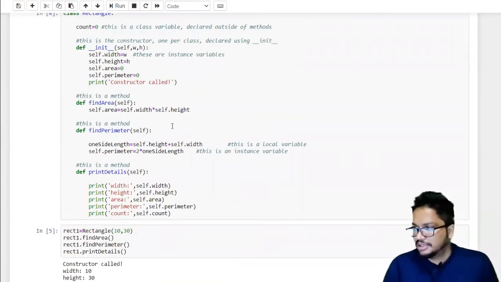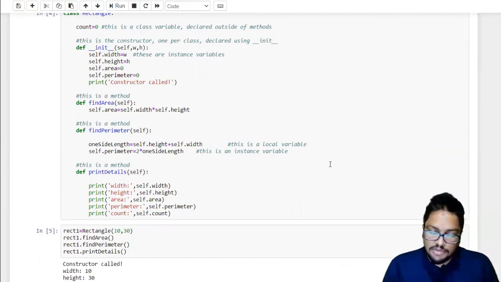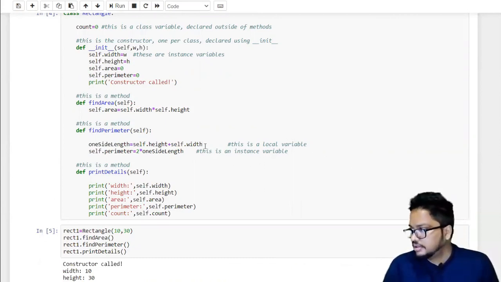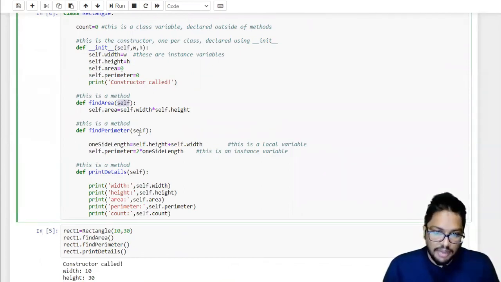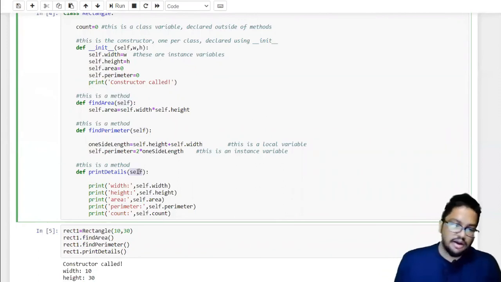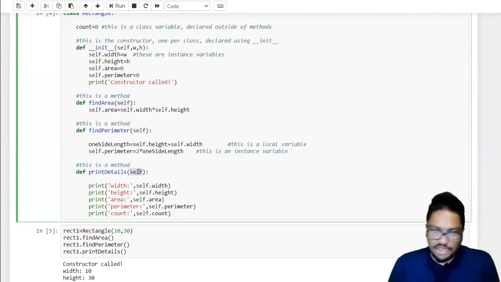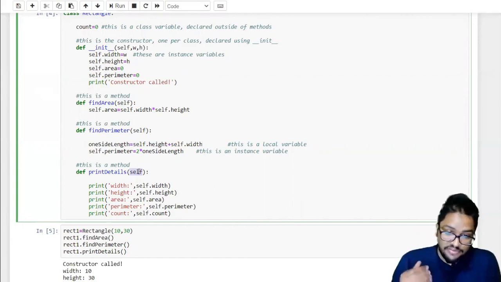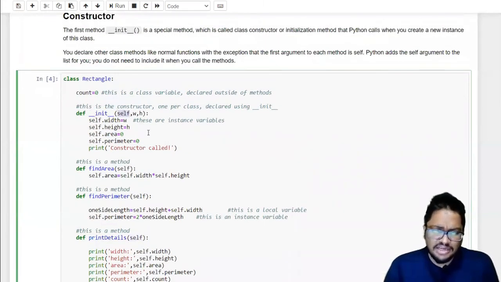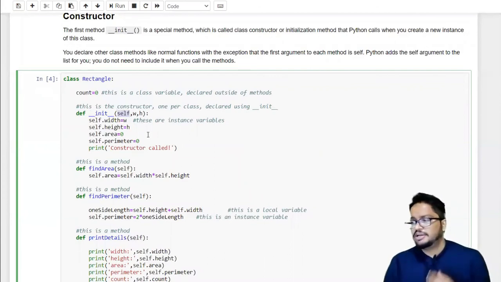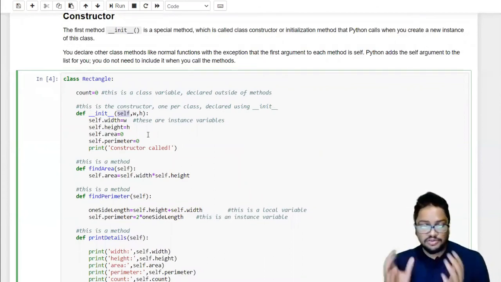Now there is another important thing, a mandatory thing when it comes to object-oriented programming in Python. When you create a method inside a class, you always have to pass this self parameter into that function. You have to definitely do it, right? It gives the meaning that self contains all the methods and all the instance variables of the class.